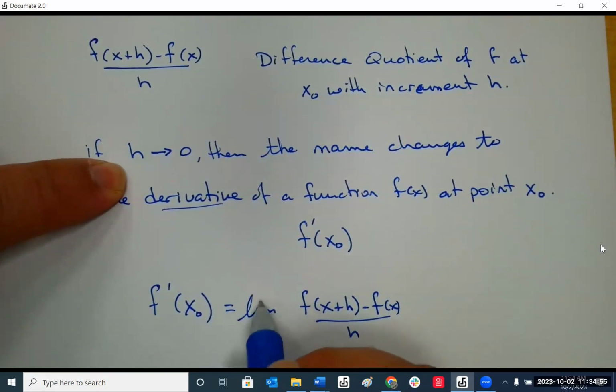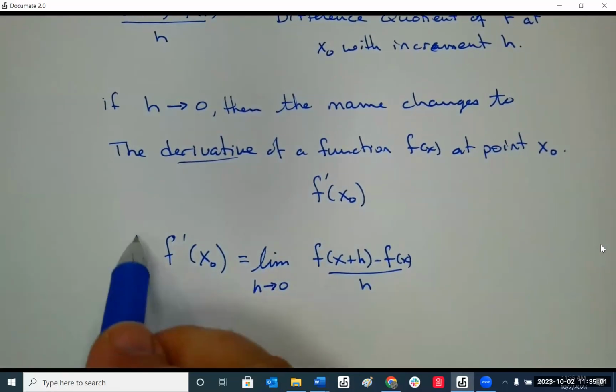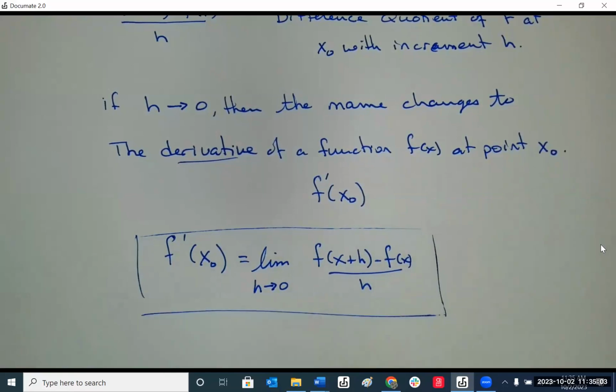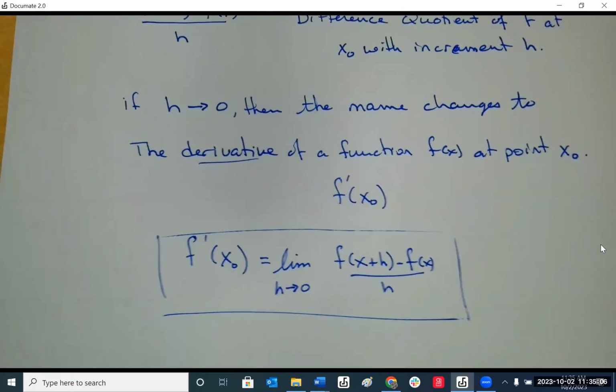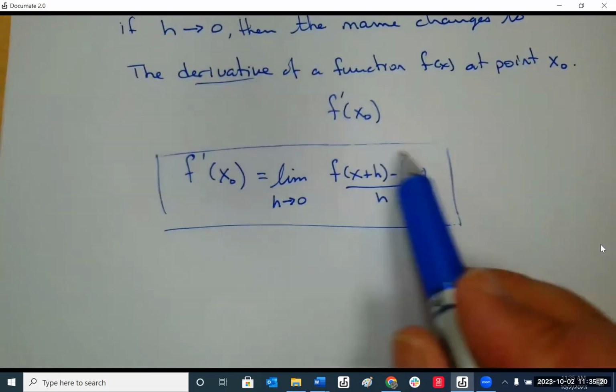So that's a limit. Good. We just now defined the derivative as a limit at a given point,